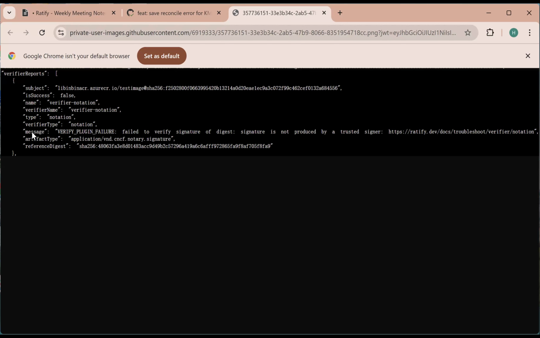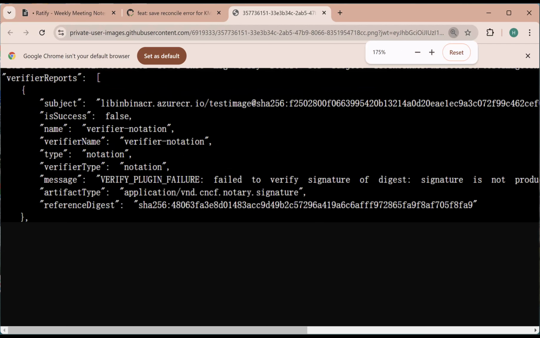So this is the change. This is the screenshot before the change. So the message will just show, oh, this signature is not produced by trusted signer. But the actual root cause is that we provide an invalid cert in our KMP. So from this message, we don't know about the KMP stuff. And if you check the next screenshot,